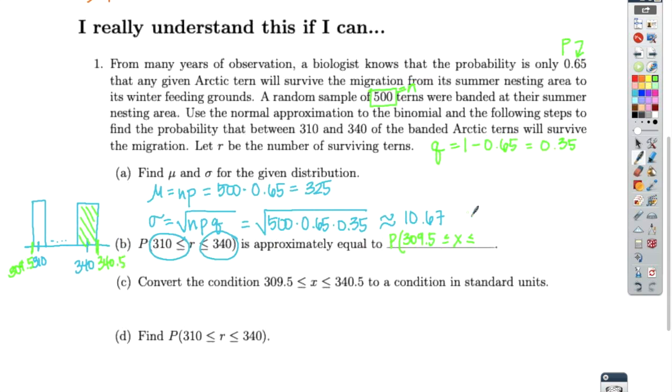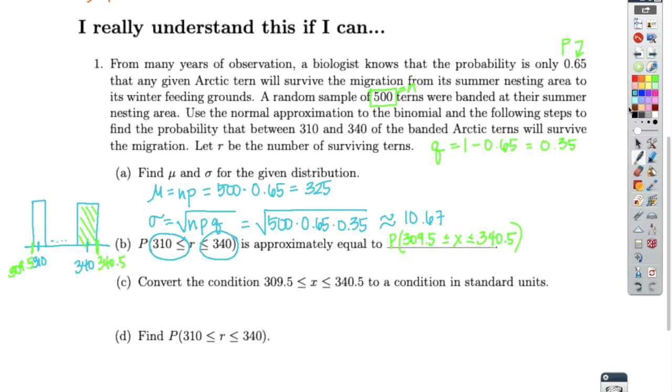That's where this bar ends, 340.5. So this is the probability that I actually want to find. Okay, so that carries this down here. Convert the condition 309.5 is less than or equal to x is less than or equal to 340.5 to a